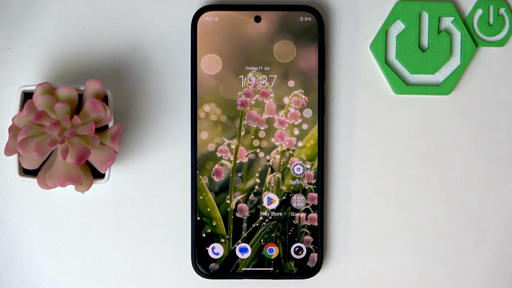Once the factory reset is performed, you'll be able to regain access to your device and set it up as a new smartphone. Now, I hope that this video helped you, because this is all I had to mention, and